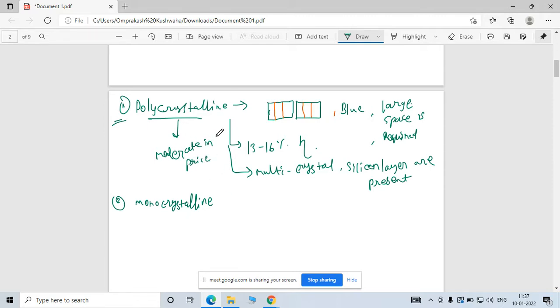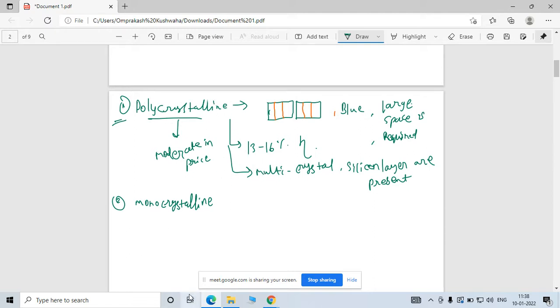And in India there are good sun rays available throughout. If I talk about the average sun rays in a year, we have a good amount of sun rays, right? So even though the efficiency is quite less compared to monocrystalline, it is more cost effective. And we are able to generate sufficient power with this panel as well. So that's why in India most of the panels we see are polycrystalline types only.